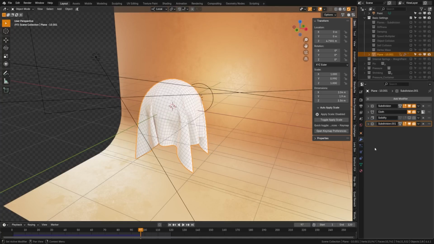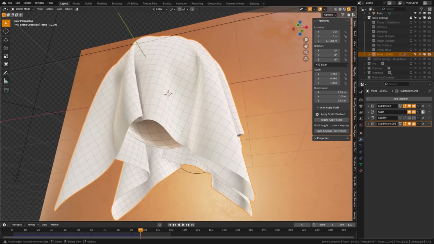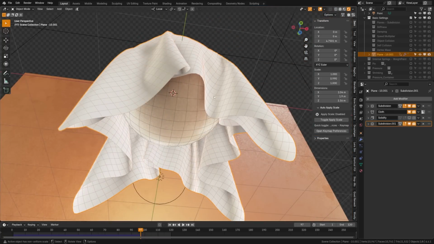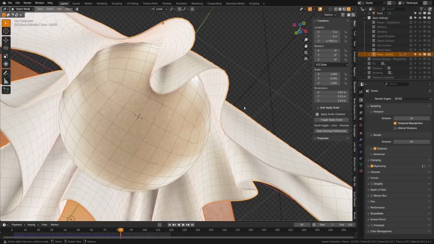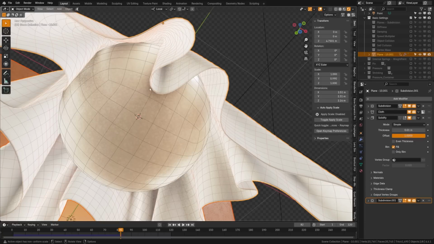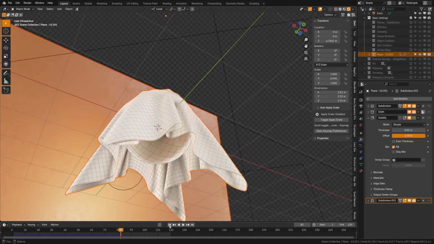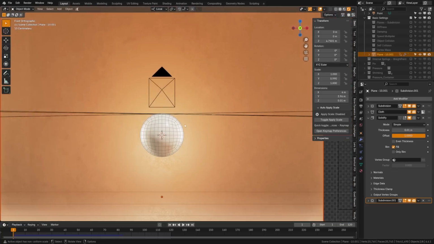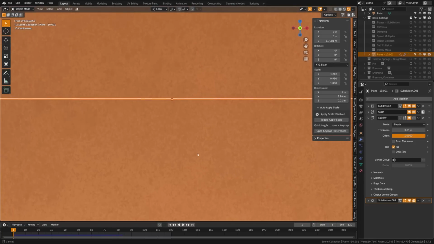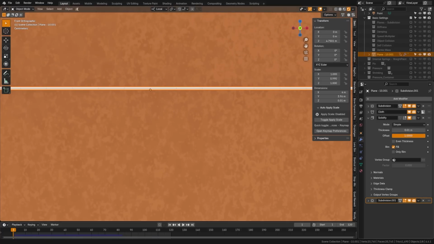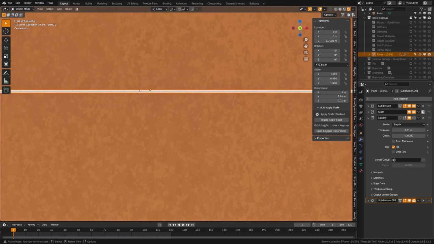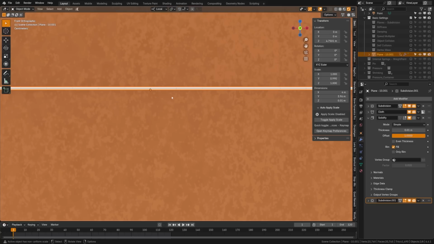Now, one more trick you can do is that cloth is never completely flat, as we have here with just one plane. And by adding a solidify modifier, you can add some thickness to your material without any extra calculation. But there's a couple settings you need to be aware of. By default, when you add the modifier here, it is going to be set to -1. Well, the problem is that your simulation's going by the base geometry up here. So what you actually want to do is set this to +1 so that you collide and this thickness doesn't